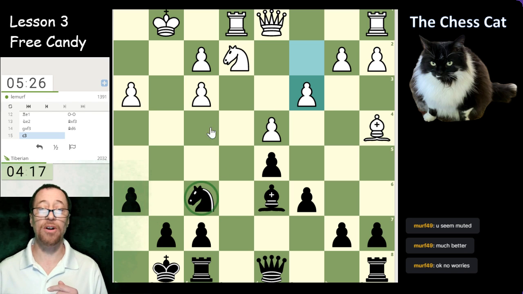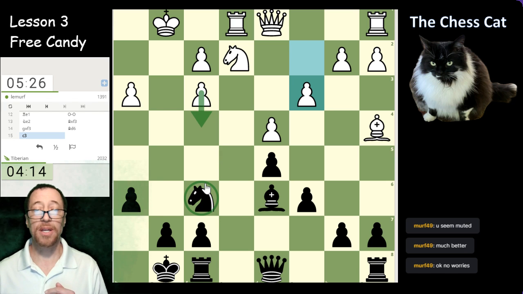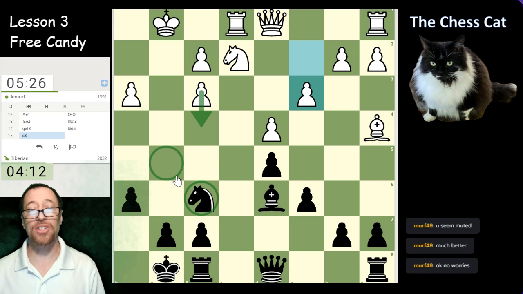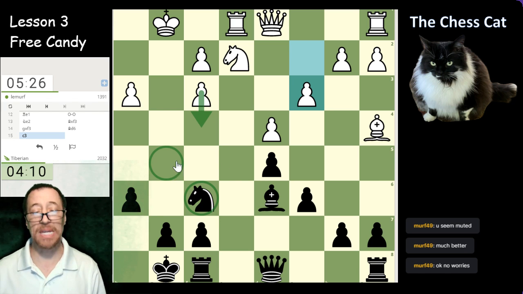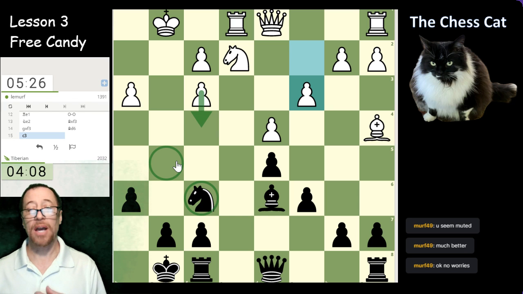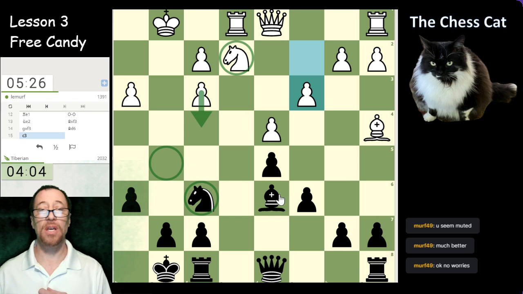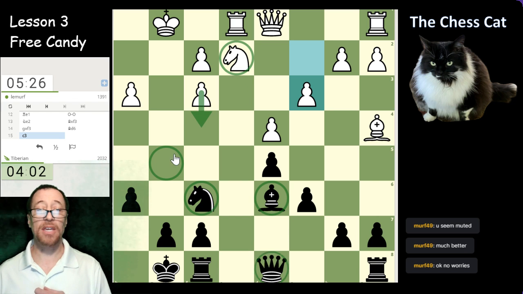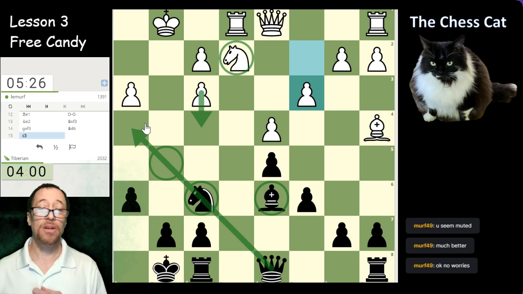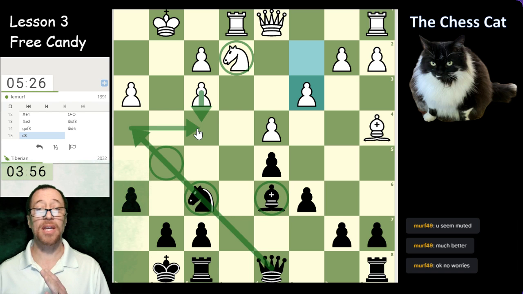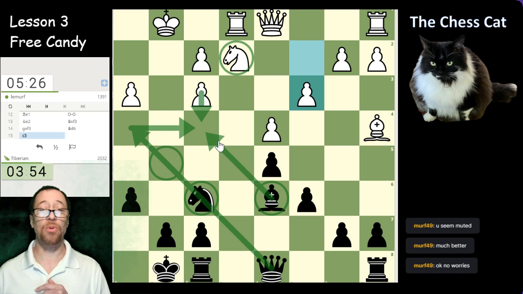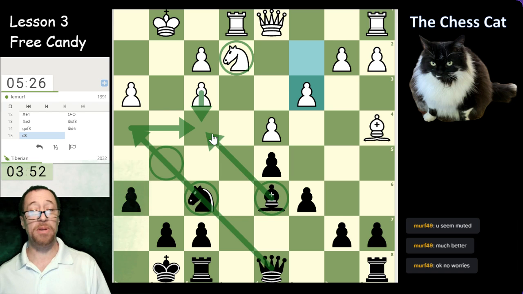If I come here, though, the pawn gets to move one. Now my knight can't get to the square we wanted it to be at. It's annoying. I wouldn't be able to get my knight here because that pawn would be there. It'd be protected once and only attacked once. I could get my queen out here immediately, right? That was one of the benefits. And get my queen here attacking this pawn twice now, the queen and the bishop,